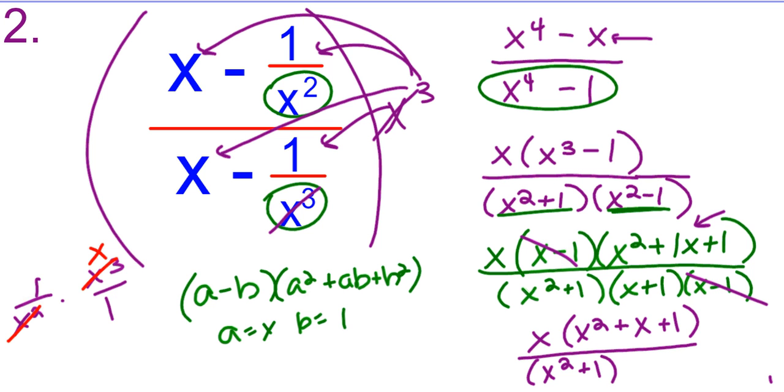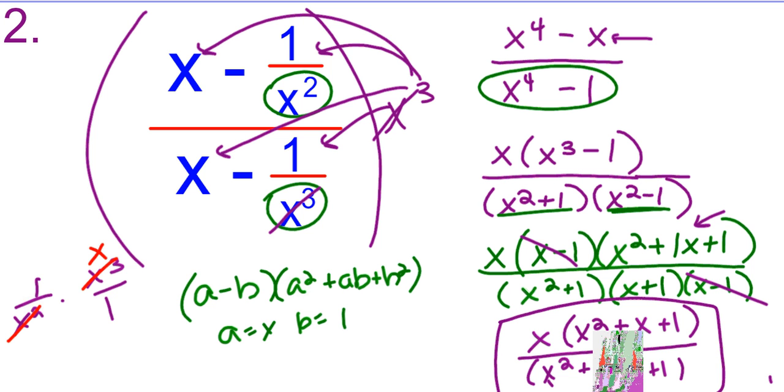Again, these can be written in any order. So if they put the x plus 1 before the x squared plus 1, don't be freaked out by that. That's appropriate. But you have to be able to recognize that. So there's number 2. Number 3,